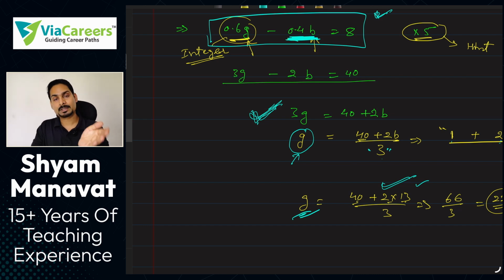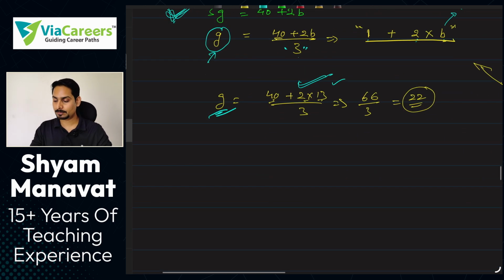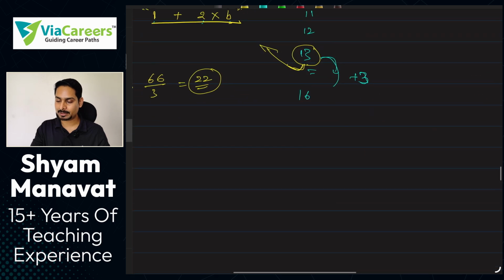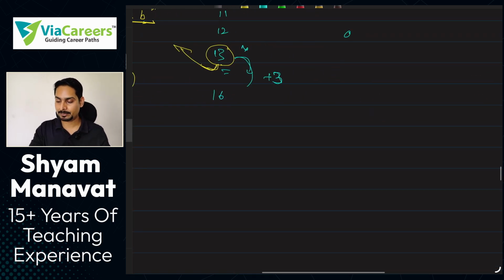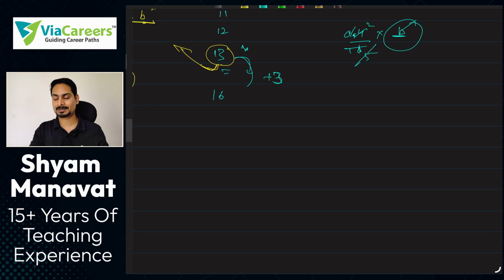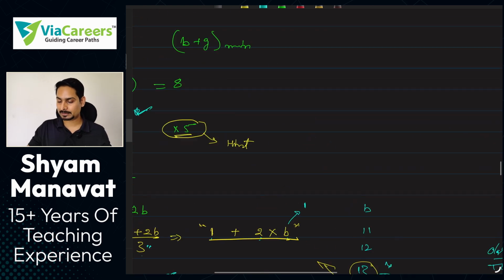अब 0.4 को 13 से multiply करोगे, then it is not an integer. Think about it. So to get an integer, it has to be multiple of 5. So आपको minimum चाहिए ना, तो minimum 13 तो नहीं है, because this is not multiple of 5. I hope you understand the reason. सोचो यार, 0.4 को अगर आप multiply करते हो किससे, your first job is to get rid of this decimal. Decimal हटाओगे, 10 लगाओगे, cancel करोगे, this is 2 by 5. So this value of b has to be multiple of 5, so कम से कम 5 cancel हो सके. And then you get the number of boys who are left after 60% of boys left the class.